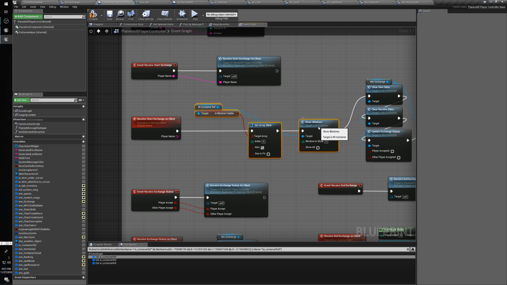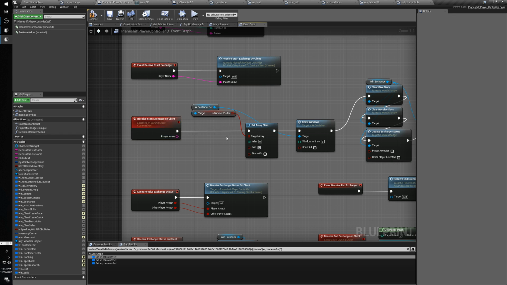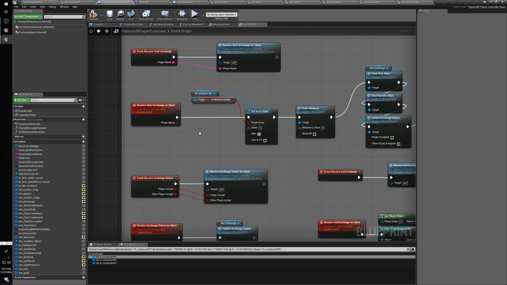I hope not, but I'm surprised that we were using the container ref on the pawn instead of the container ref on the player controller, considering that anyway we are on the client. Here we are on the owning client. This event is called on the owning client, so there should be no problem with this. It should be fine, but for some reason